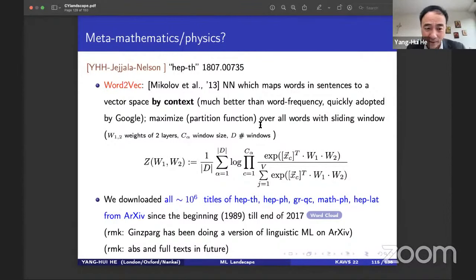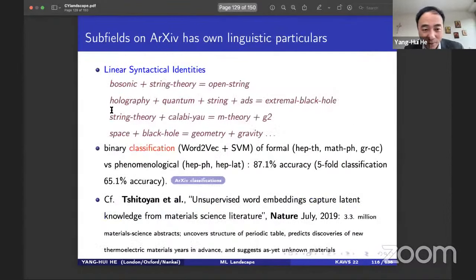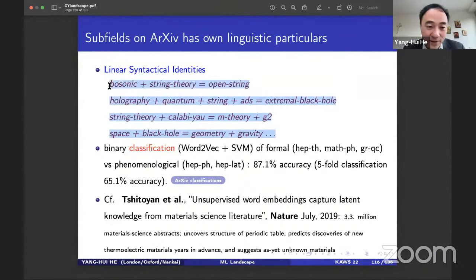So we tried with HEP-TH, and we were able to find sentences like this. This is awesome, right? The word bosonic plus string theory is open string. My favorite one is this one. The word string theory plus Calabi-Yau is M theory plus what? And you search, and the most likely word is G2. That's fantastic. Of course, I'm cheating here because I've given you my favorite ones, and there's a lot of nonsense